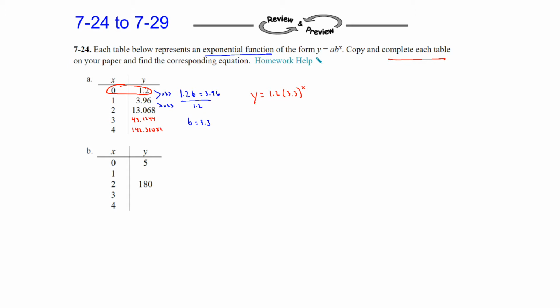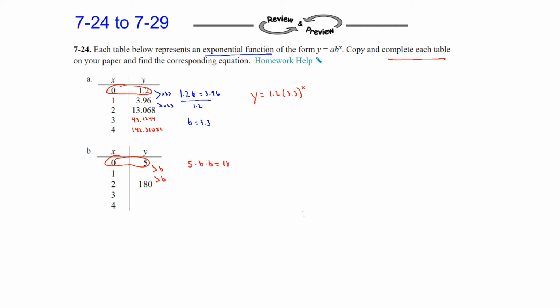Alright, now on part B. So B in the table still gives us that initial value, so that's good, we have that. But now we need to figure out what the multiplier is. And the problem on this one is we don't have the next term after 5. So whatever is going to happen, this 5 is going to get multiplied by b, and then it's going to get multiplied by b again to get to the next term. So now we're going to say 5 times b